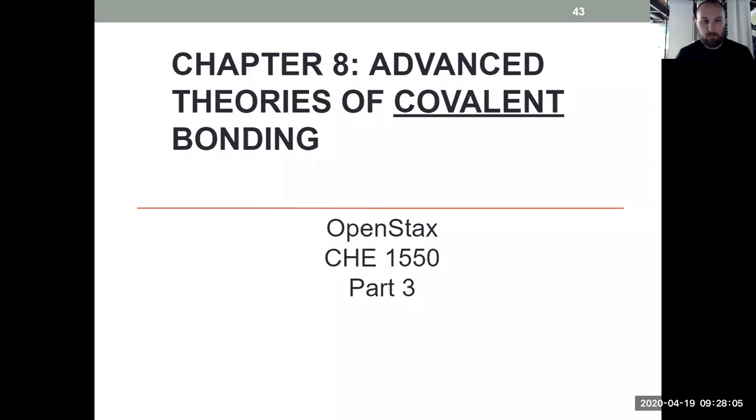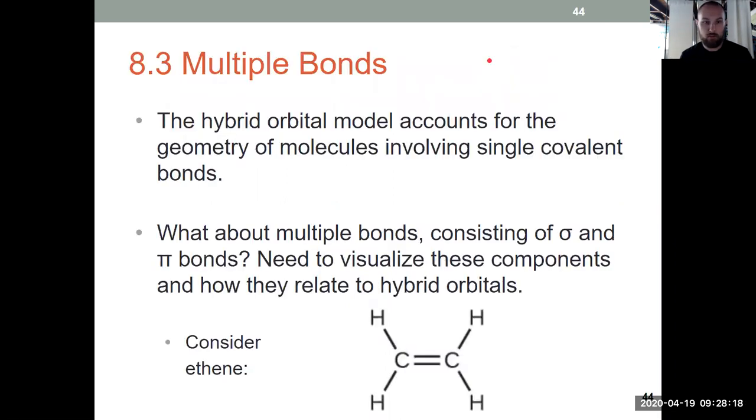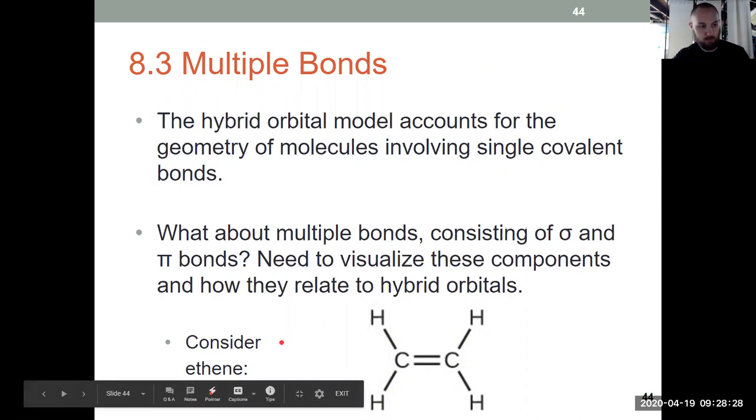Our third video from chapter 8 is a shorter one. It's going to pick up the ideas of hybridization that were introduced in video 2 and apply them to higher order bonds, our double bonds and our triple bonds, which we can account for in the hybrid orbital model. So let's start by considering ethene, which is C2H4, where we have a double bond